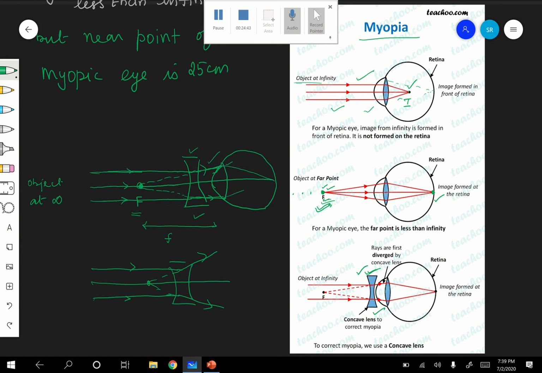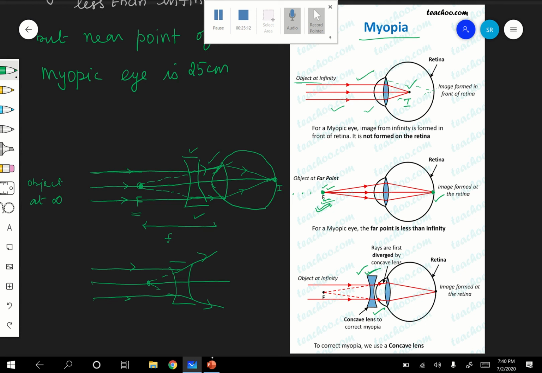It forms the image without any problem on the retina. So you will be able to see the object at infinity very clearly. Okay, if you use a spectacle of concave lens, are you following? Therefore, once again, I am telling you, the parallel rays of light from infinity, after